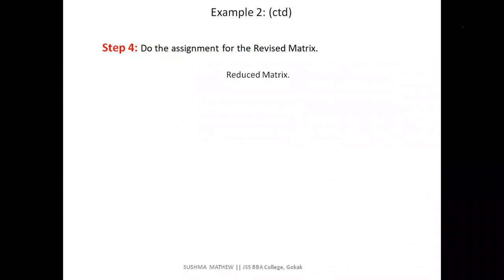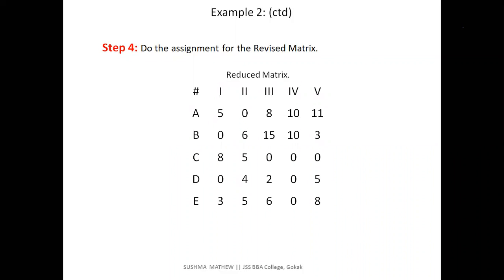What is the next step? Assigning. Assign ಮಾಡ್ಬೇಕಲ್ಲ? Yes, ma'am. Search for a single zero row wise. Reduced matrix na ತಗೊಂಡ್ಬಿಟ್ಟು we just have to identify a single zero in each row and start assigning there. Now check for first row. First row mein we have a single zero in second column. Yes? This is a zero. After 5 it is a zero here. So I am assigning my first assignment.